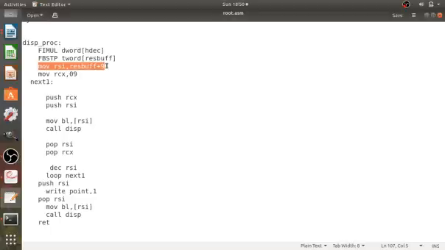Like that we have to write mov rsi, result buffer plus 9. Now why are we mentioning plus 9? The result is stored in reverse order in the memory slot, and 1 byte contains 2 digits. So if our result is 987654, it will be stored as 547698. Like that we will get the result. So we have to access in reverse order for the result. That's why we directly point to the last byte: mov rsi, result buffer plus 9.